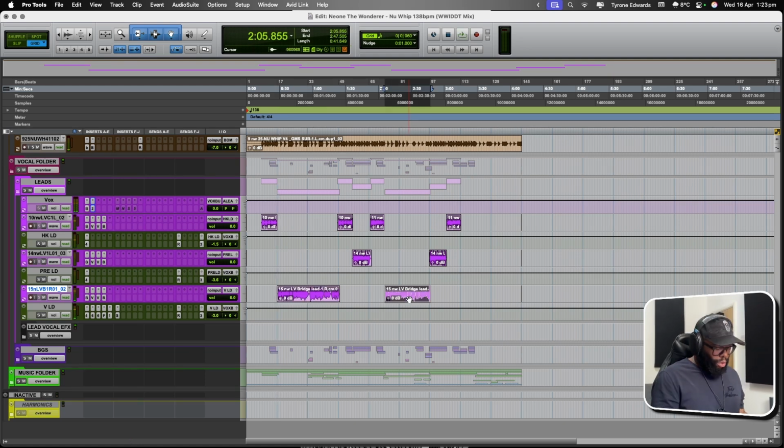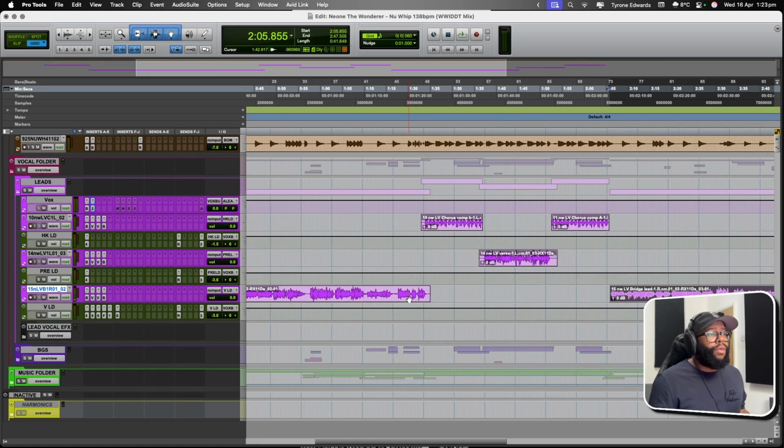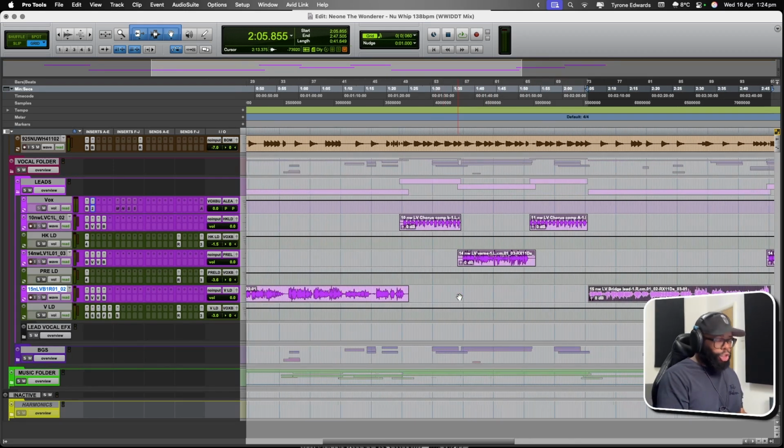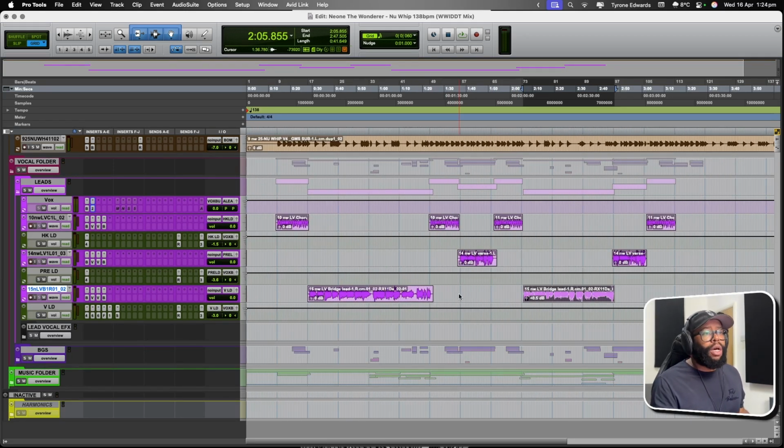So what I will do, I can hear that my second verse is slightly quieter. So although it's processed, what I would like to do is I like all the processing that I've done, but I'm going to use clip gain to push the audio itself into the processing that I've done, and that should help things sound better. So I'm going to go